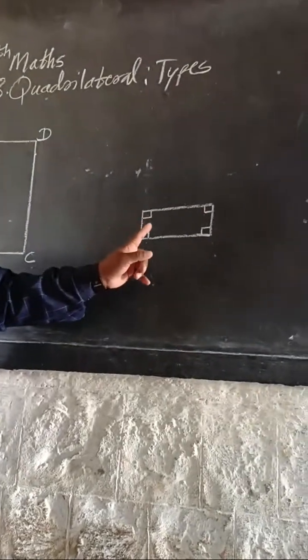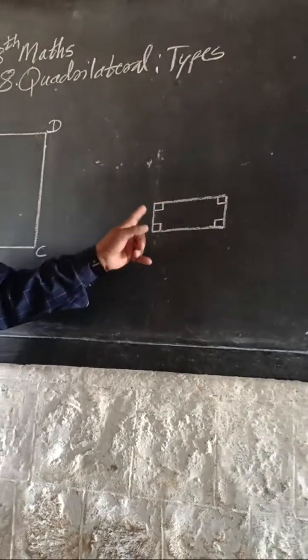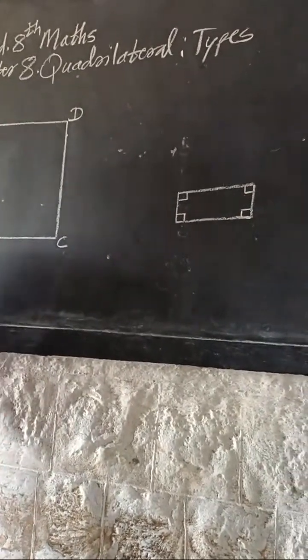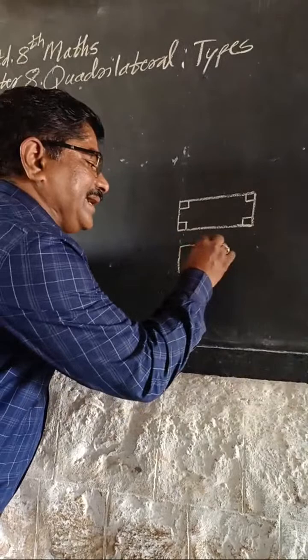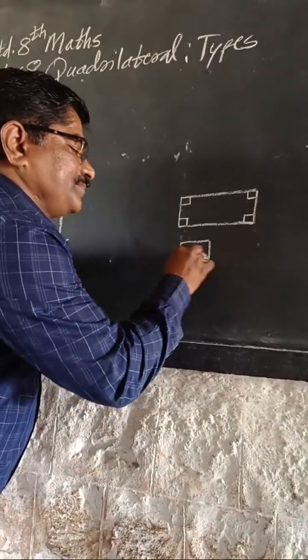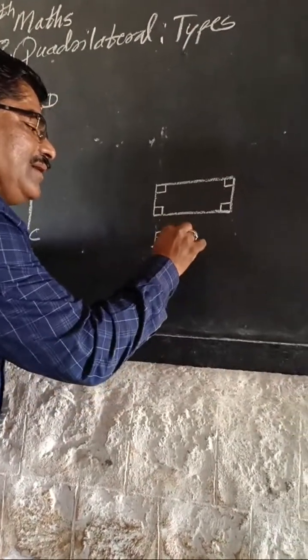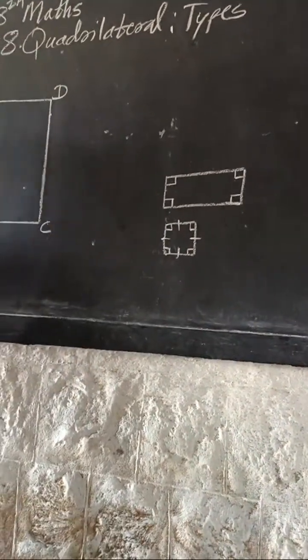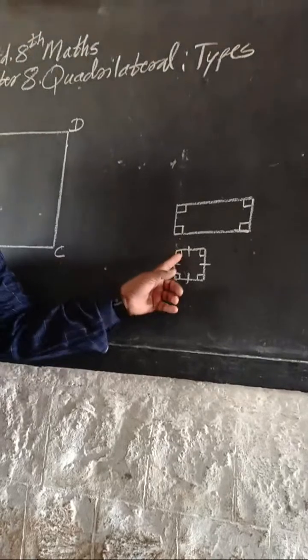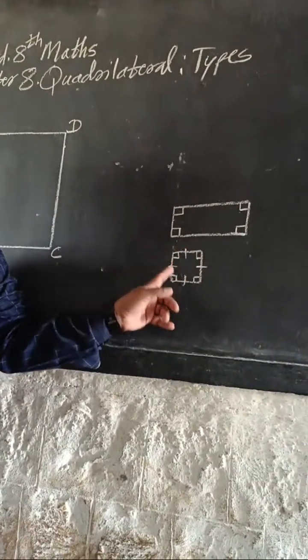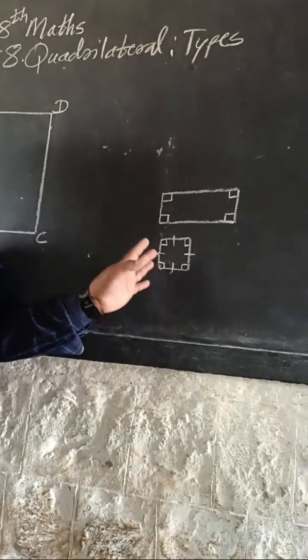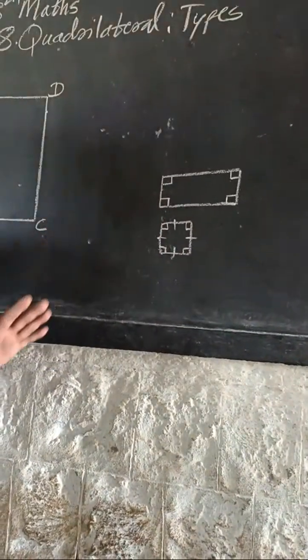If all sides of the rectangle are made congruent, meaning all sides are similar, and all angles are also 90 degrees, all angles congruent and all sides also congruent, then that quadrilateral is called